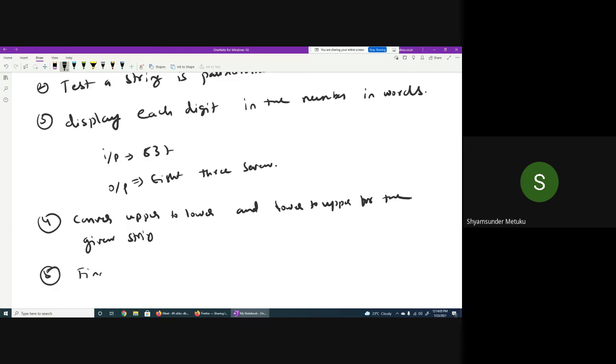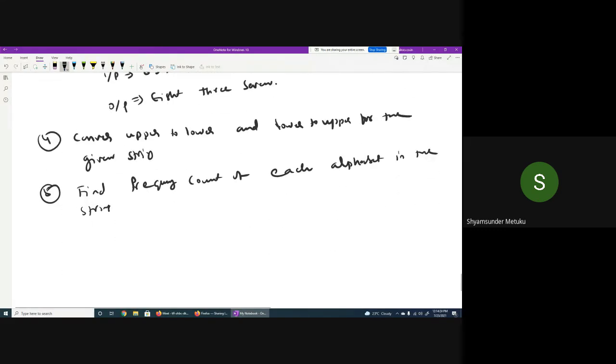The last program is to find the frequency count of each alphabet in the string. What do you mean by it? Anybody? Find the frequency count of each alphabet in the string. What does it mean?